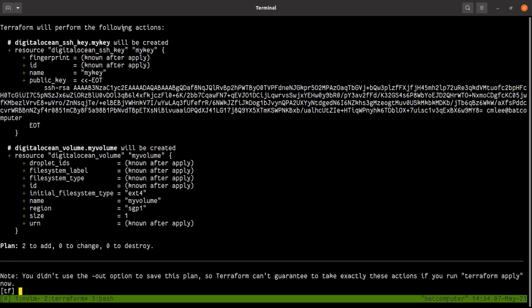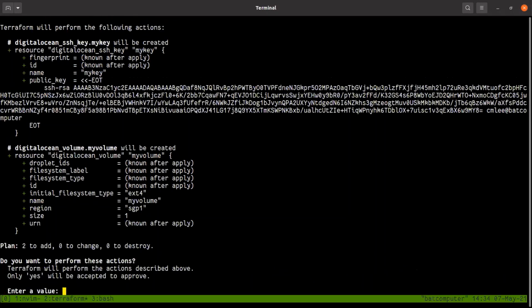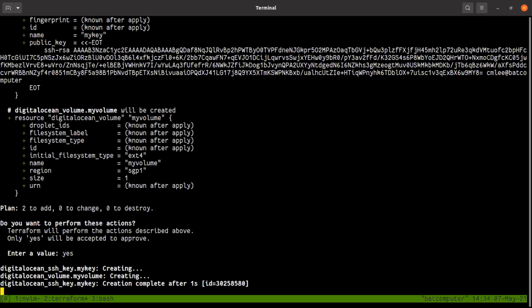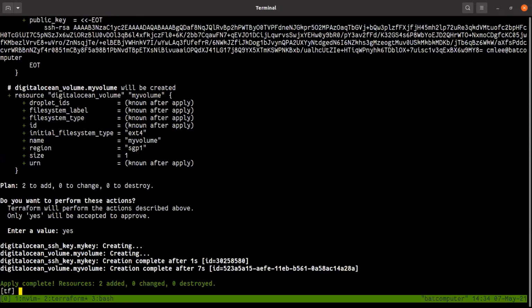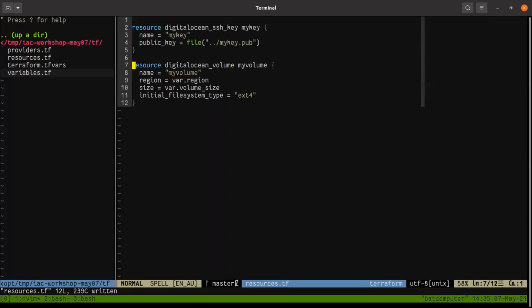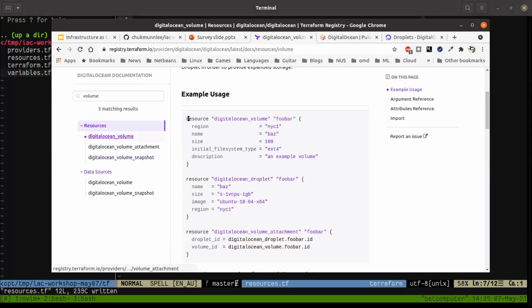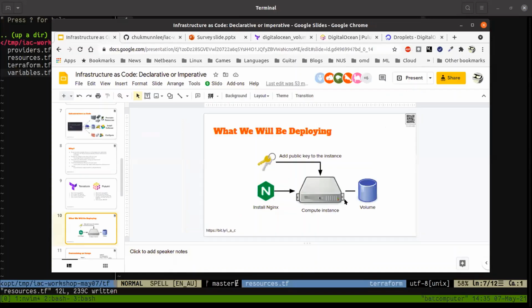Now if you see the plan, it will say that I need to deploy both of these. So I'll now say apply, and go ahead. So this is the idea of idempotent. Idempotent means that if something has been deployed and you ask Terraform to deploy again, Terraform will not deploy it because it knows that it has already been deployed. Now I've got two of the resources deployed. So I've got this and I've got this.